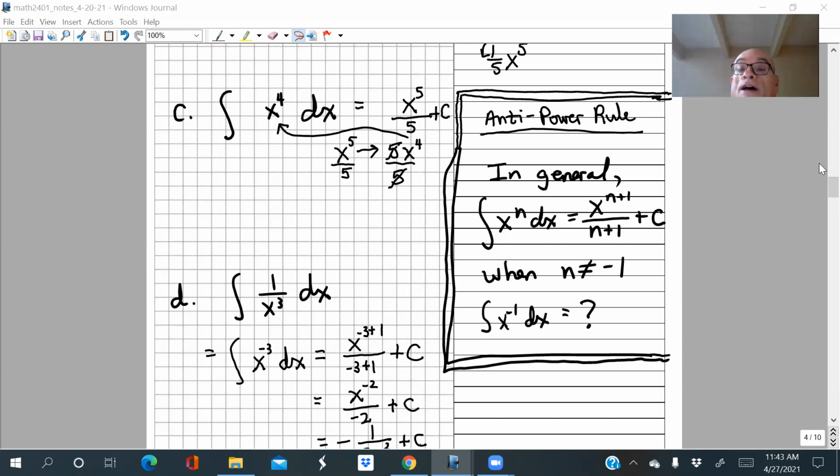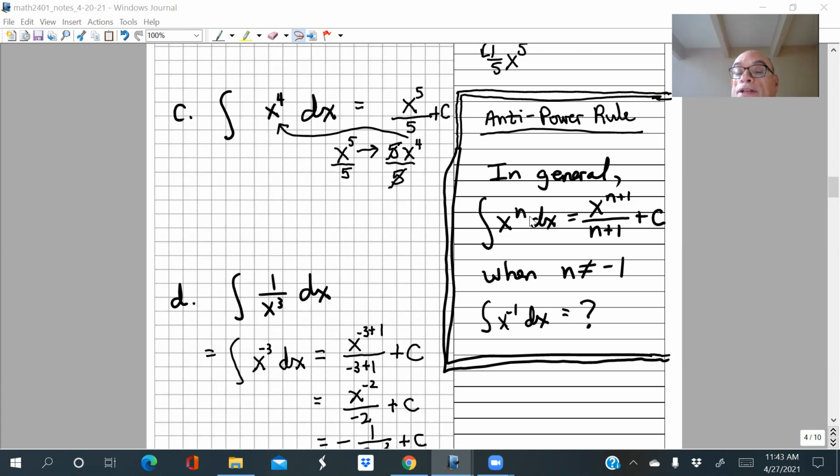Okay, so to find this antiderivative, we used a rule, which is the reverse of the power rule. And since we use the power rule a lot to calculate derivatives, that's a really important formula in finding derivatives. The so-called anti-power rule is going to be an important formula in finding antiderivatives, all right? So you don't use it all the time, but we use it a lot, okay? So when you're trying to find the antiderivative, or integrate a power of x, the formula behind the integral sign, by the way, is called the integrand, all right? So this is the integral sign, this is the integrand.